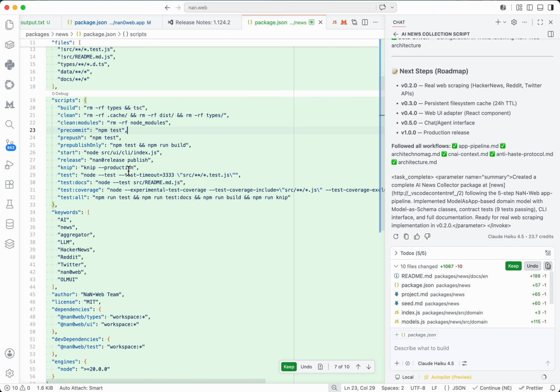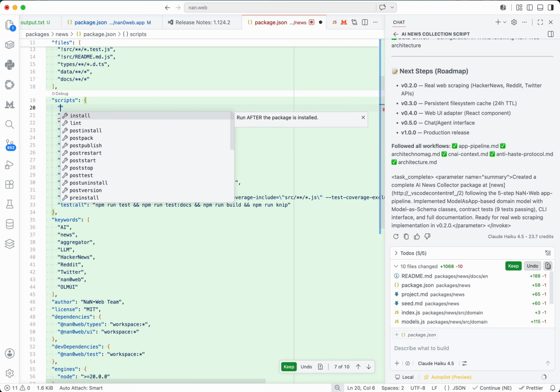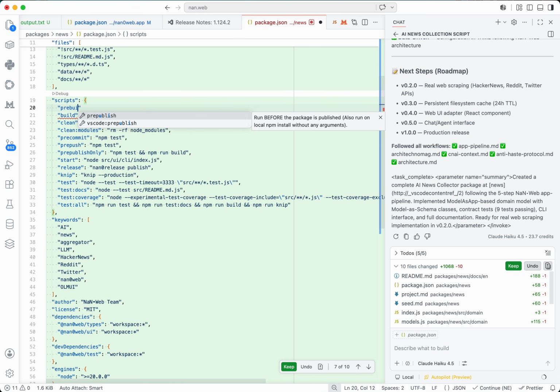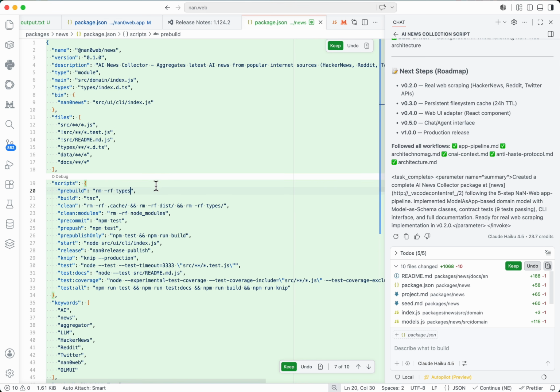Build, prebuild, no prebuild here. So I will add the prebuild myself. It just uses inside the one command. Okay, but I will do it myself right here. So if I need to change something in the code generated by